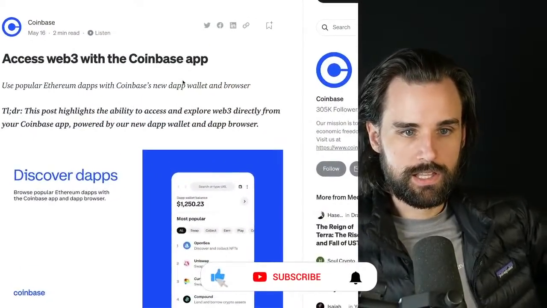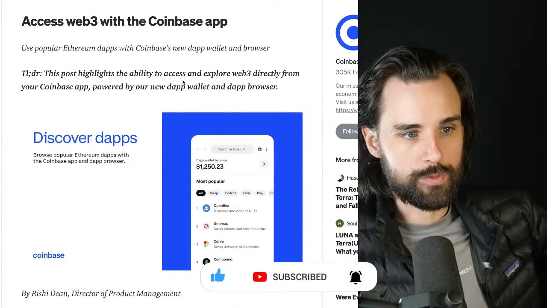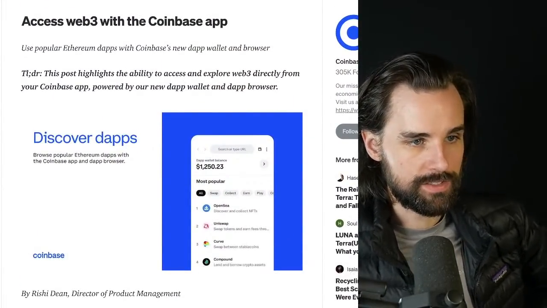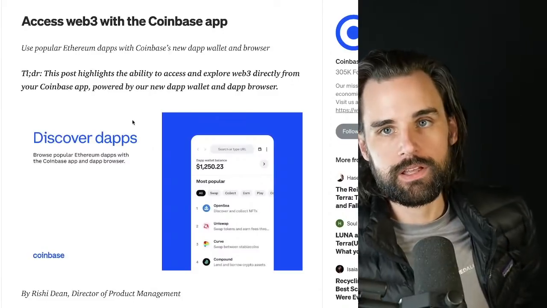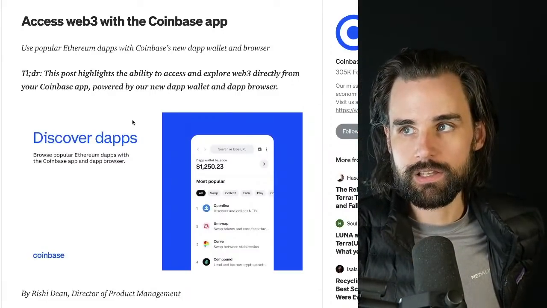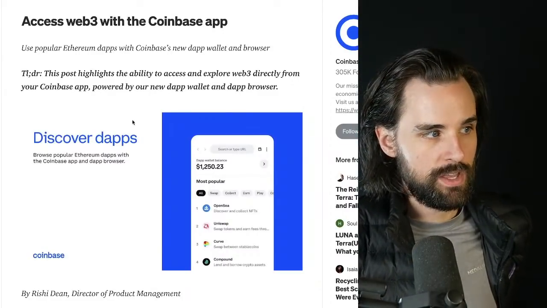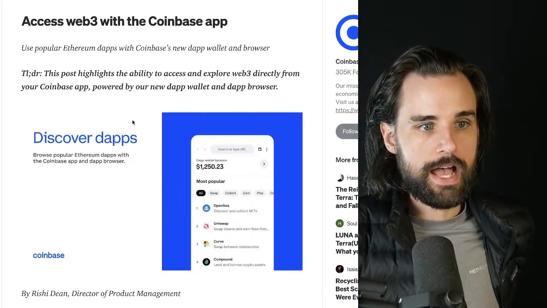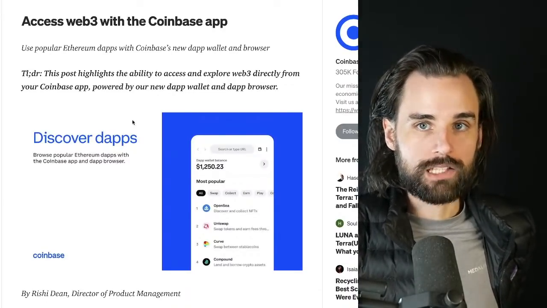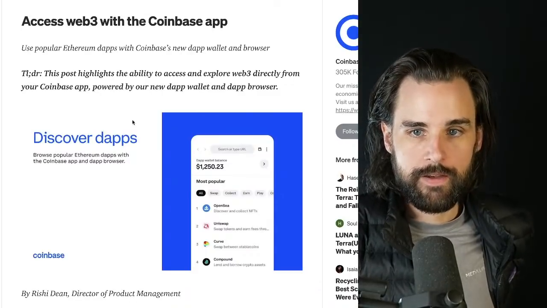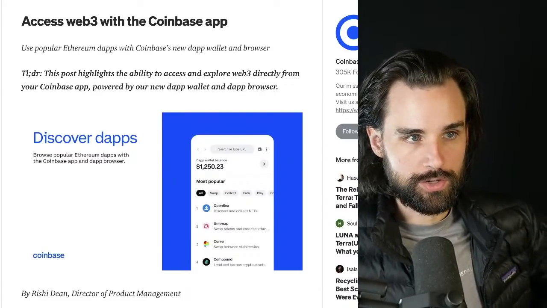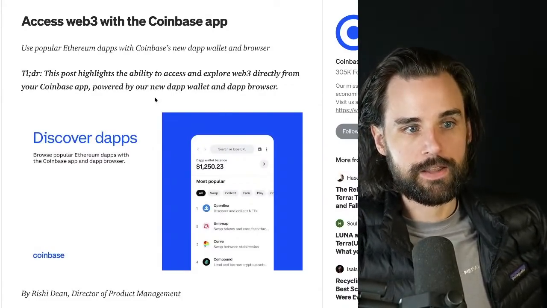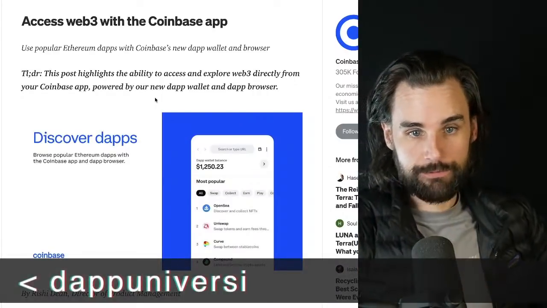So this is definitely really cool. Coinbase is letting people access Web3 from within the Coinbase app itself, and this is a potentially new user experience. Coinbase has made a lot of big jumps forward in the Web 3.0 space, especially towards decentralized applications. Coinbase Wallet has got a lot of improvements, with the ability to access stuff on your mobile application, also your browser with something like MetaMask. But now they're taking a step forward to where you can use